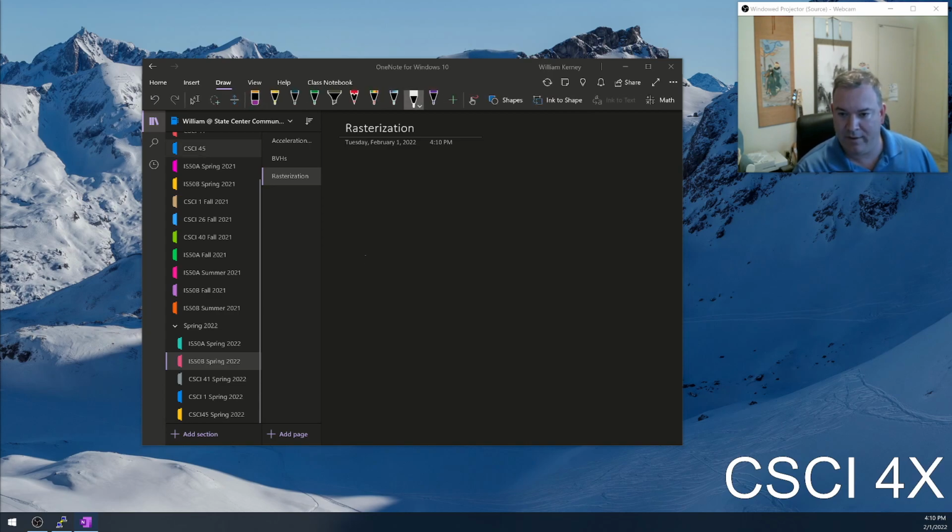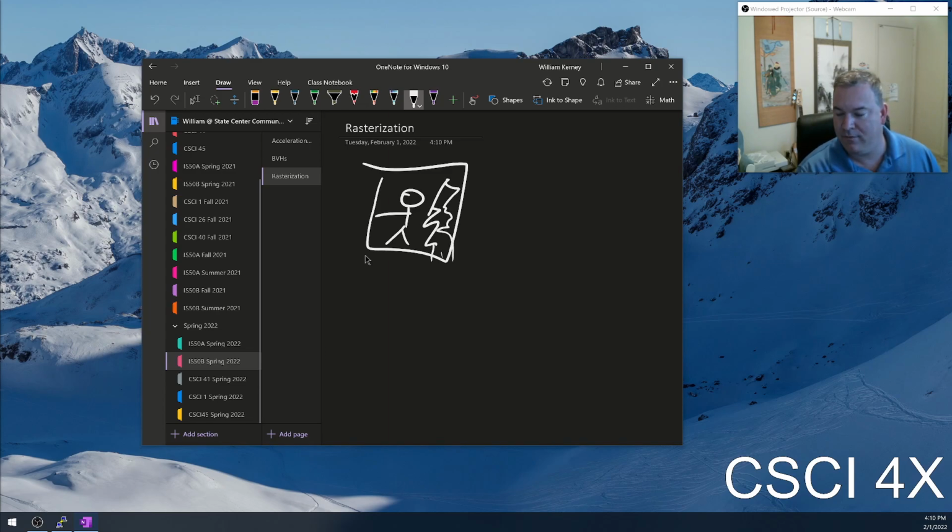So there's two main ways that you can draw a picture on a screen, like if you've got a video game, you've got a person and a tree or something. There's just two main ways that we do this. The first is called ray tracing. With ray tracing, basically for each pixel on the screen, you shoot a ray in there, you see what it hits, and you draw that color. So if you have a green tree,